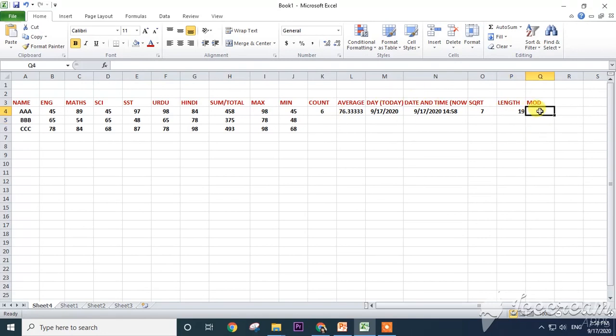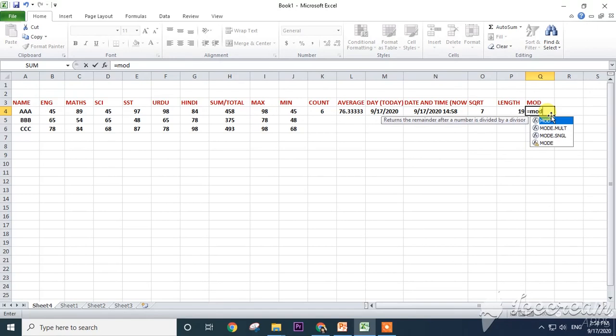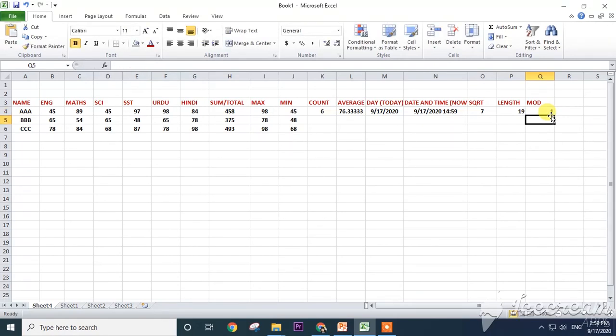See, total 19 are there. And the MOD function also I told: equal to MOD of number, I am giving 10, comma, if you do the division, divisor is 3, close the bracket, and the remainder will be 1. See here, in this way we can do the length functions, all the functions very easily.